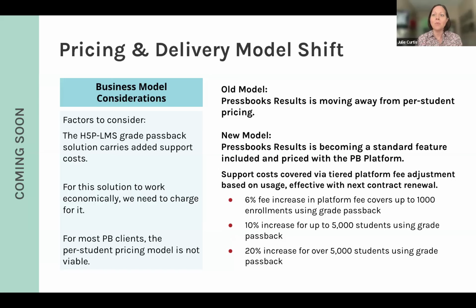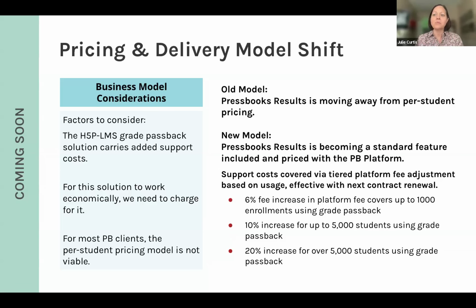So we need to figure out a more amenable and more community-driven way to support this, and validating that people want it. In lots of research and conversations, we know people do want this. It needs to be a pricing model that people can support. So we are moving away from the per student pricing, and we are introducing a different approach where Pressbooks Results also becomes a standard feature that's included in the fees for the Pressbooks platform. We are making a fee adjustment